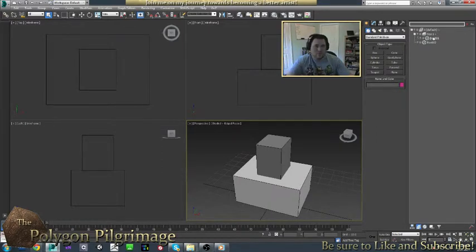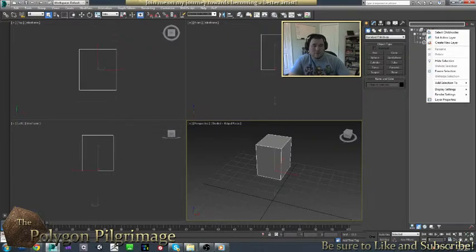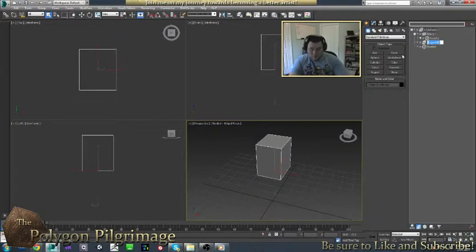And if you look under box 1, there's only the one object. So I can hide just that one object and not the whole layer. And in this instance, the effect is the same. I can also freeze using the little snowflake thing, which is awesome. And you notice something is frozen because the text will be italicized, okay? So now let's create a couple more layers. So go up here, right click and say create new layer. Let's call it boxes. And what I can do is take the box 1 layer and the object box 2 and put them one at a time